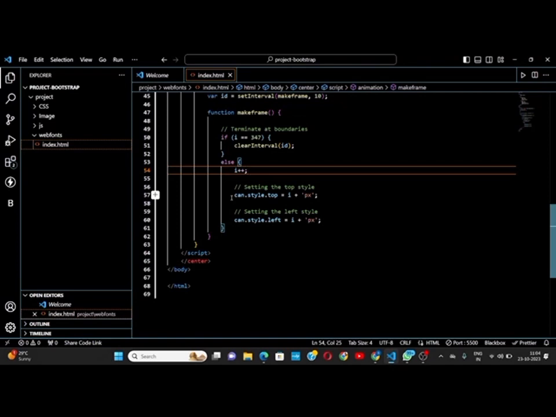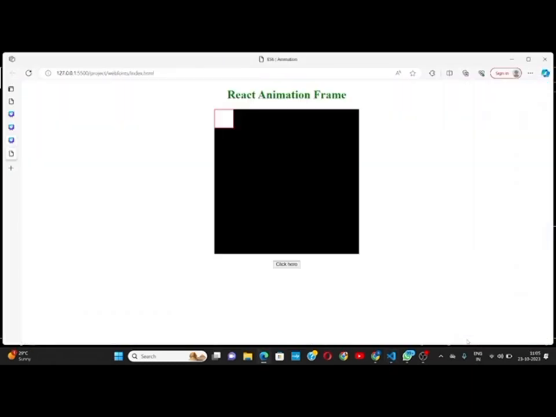जब तक कि वो इस कंडीशन को सेटिस्फाई नहीं कर देता। जैसे ही वो 347 तक पहुंच जाएगा तो वो ऑटोमेटिकली स्टॉप हो जाएगा। Now I would like to run this program. This is the program I created. Like this box I have taken, whenever I click this button, it will move from the top and the left. And how much it will move? जब तक कि वो 347 लाइक नीचे तक नहीं आ जाएगा। नीचे की वो जो है वो 347 है।